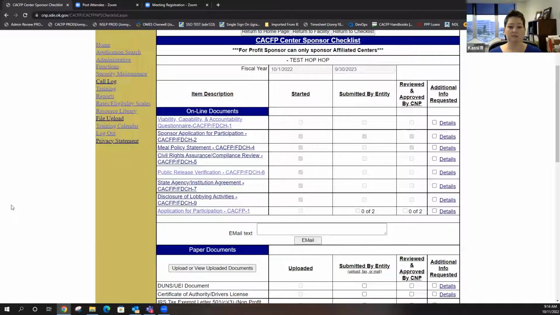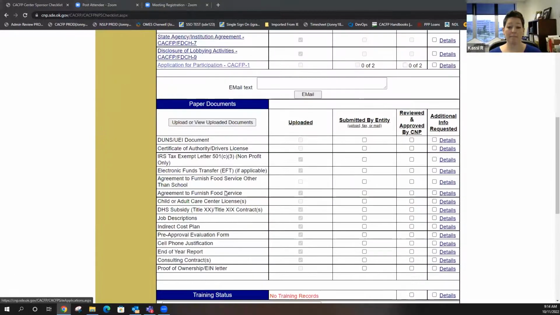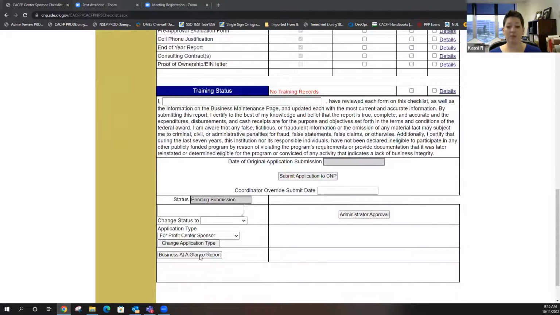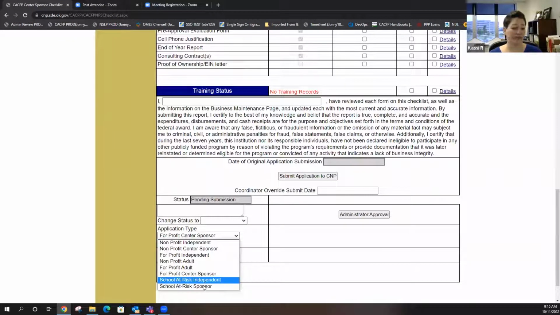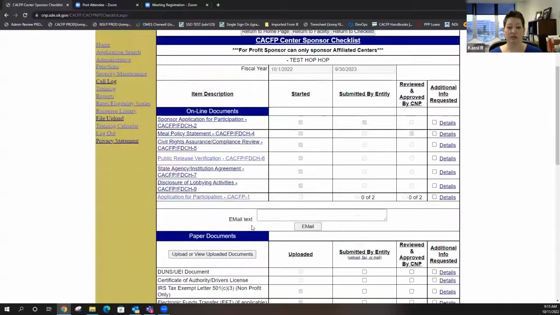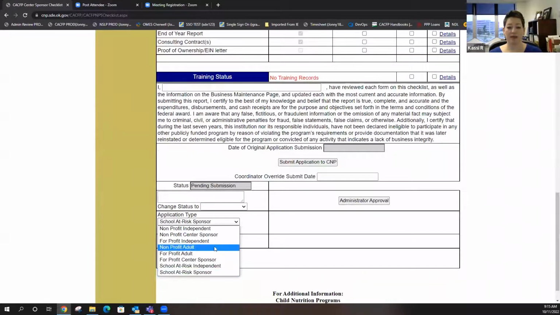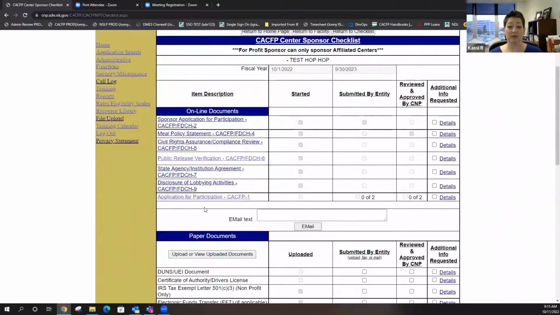So your item description, yes. Depending on the type of institution you are, you're going to have a different list. And I think, Sherry, you're probably with a school. Correct me if I'm wrong. So you're probably seeing me do things on your screen that you guys can't do, but just to clear up that confusion. If you're a public school and you have more than one site, your list is going to look like this.